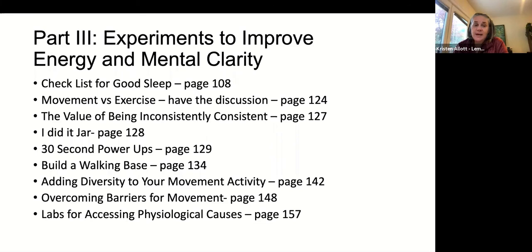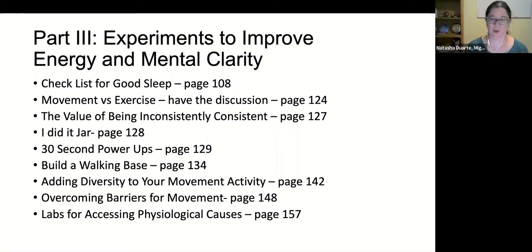So that's that. And then Natasha is going to share with you one of my favorite tools. The I Did It jar. And we wrote about this in the workbook. So if you've read that, I've done different versions of this at different times, but I actually just recently started again. So between the last book club session and now, that was the thing that I've been playing with. And I was visiting my sister on a beach, and there were these really smooth stones, and they were in all different colors.